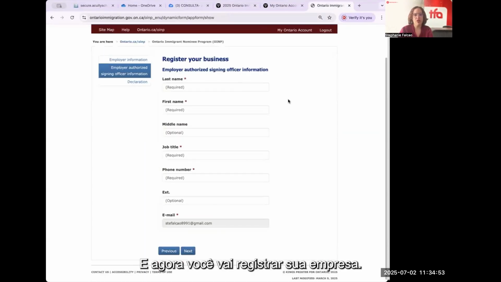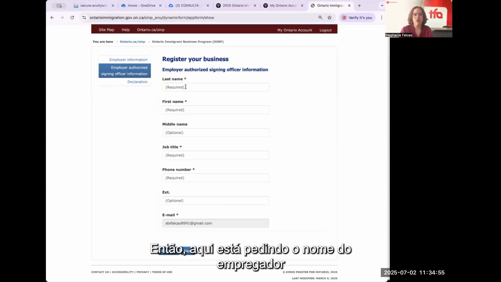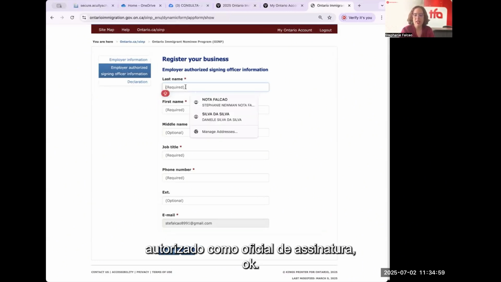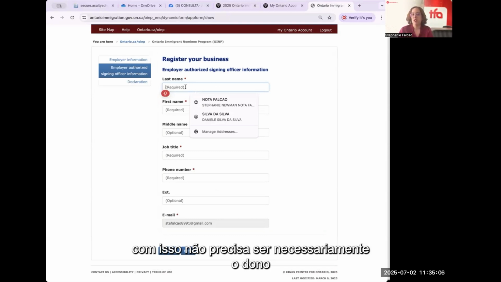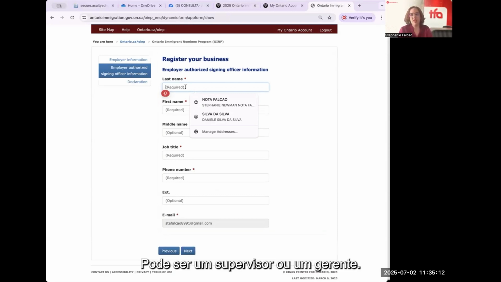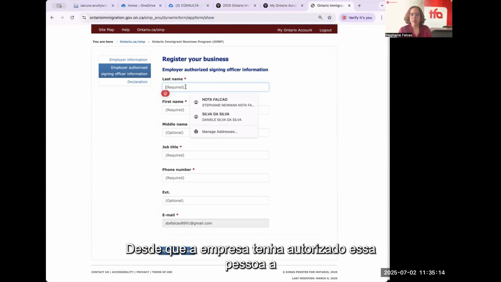And now you're going to register your business. So here it's asking you for the name of the employer authorized as a signing officer, okay? So like I mentioned, the person dealing with this doesn't have to necessarily be the owner of the company or maybe the HR department. It could be a supervisor or a manager, as long as the company has authorized this person to